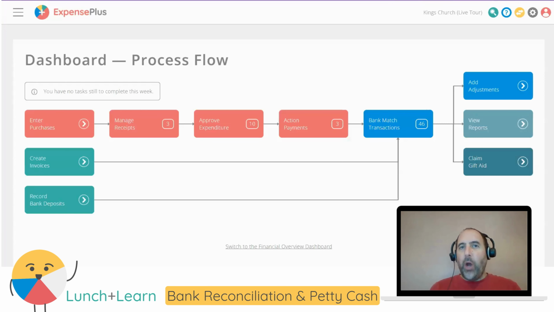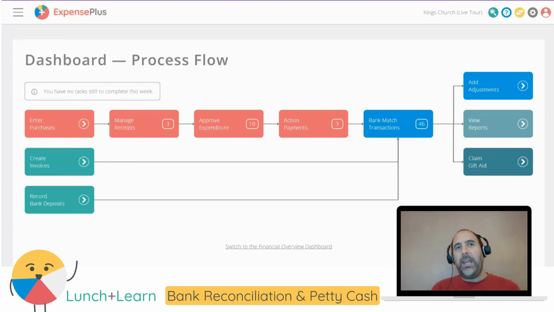We're going to start with an overview of the bank reconciliation and process flow inside ExpensePlus, and I'll be telling you how you can efficiently reconcile transactions. We'll cover the different types of transactions that you might want to reconcile, including some of the more unusual types that you might not have come across before, but might need in the future. We'll also talk about payment processor accounts and how you can manage these in ExpensePlus. And finally, we'll cover adjustments, what these are, when they're needed, and also how to add them to